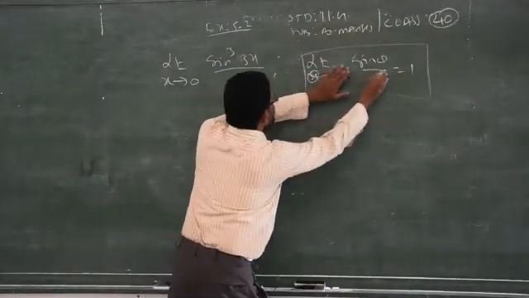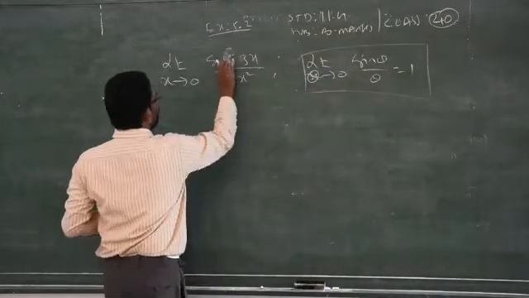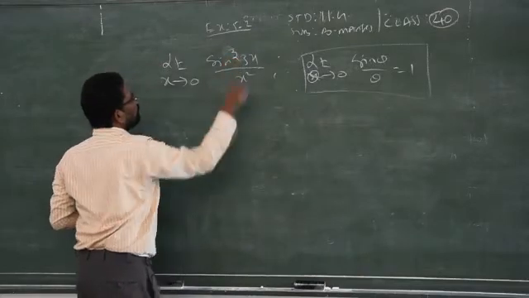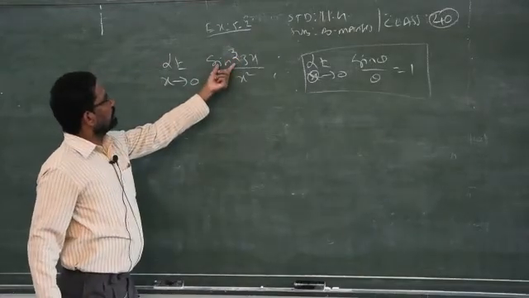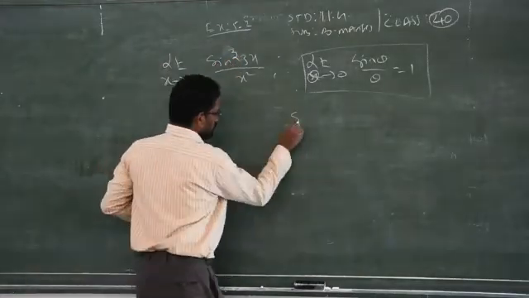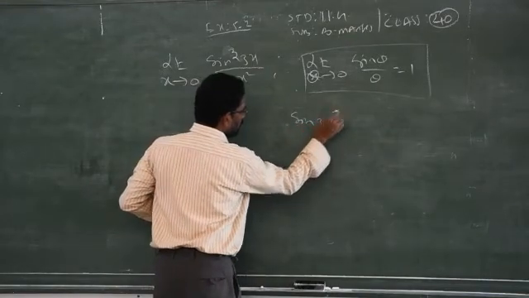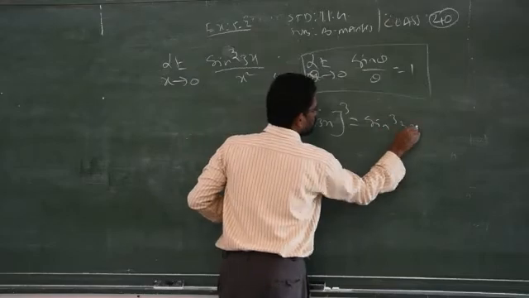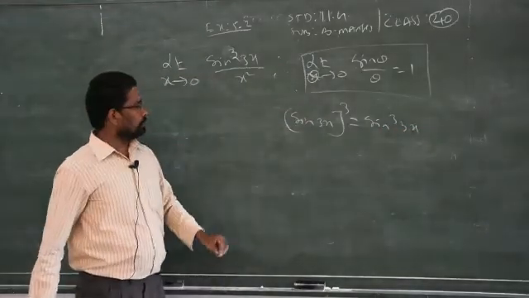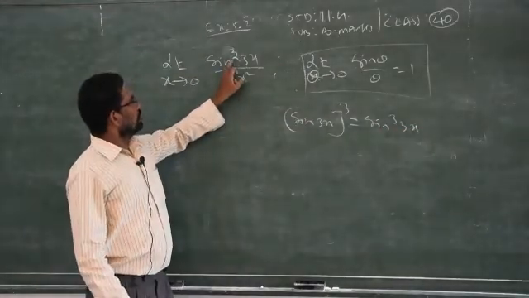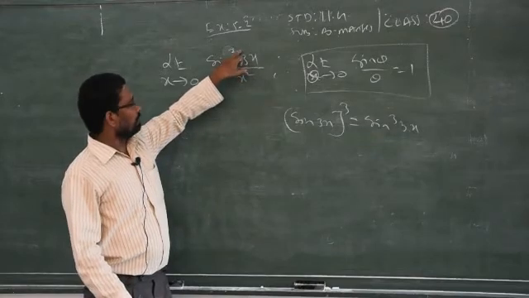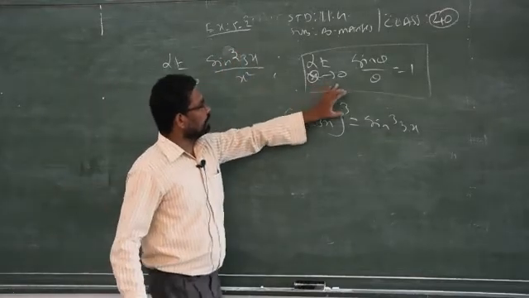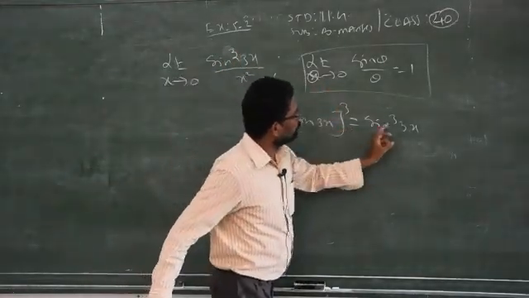I am going to apply this method. I already informed you how to replace. What is the meaning of sine cube 3x? Actually, sine 3x the whole cube only we are writing as sine cube 3x. Clear? So don't confuse. Don't think that sine alone has 3. Not a meaning. So sine 3x the whole cube only can be written as sine cube 3x.